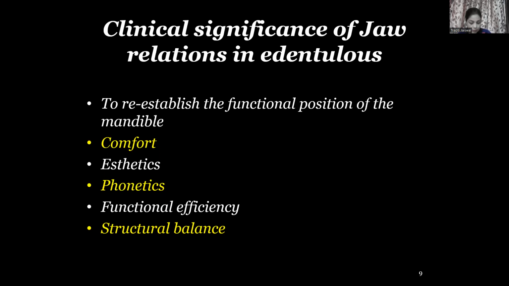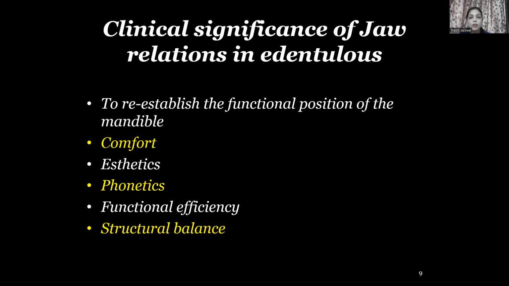So now we will be discussing the vertical jaw relations, as we have already discussed the orientation jaw relation, what is jaw relation, and before going on forward to the vertical jaw relation, let us discuss the clinical significance of jaw relations in edentulous patients. The clinical significance is to reestablish the functional position of the mandible, comfort, aesthetics, phonetics, functional efficiency,